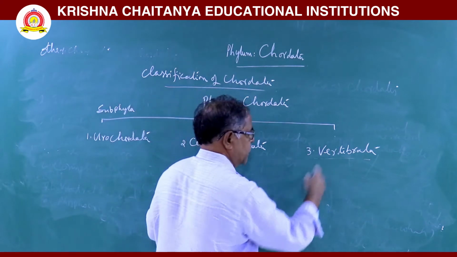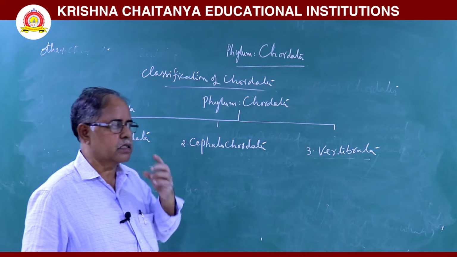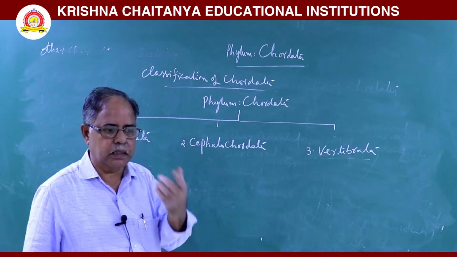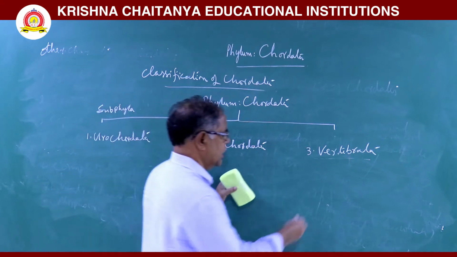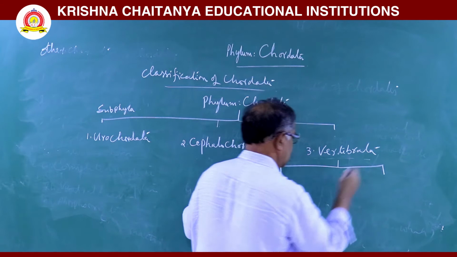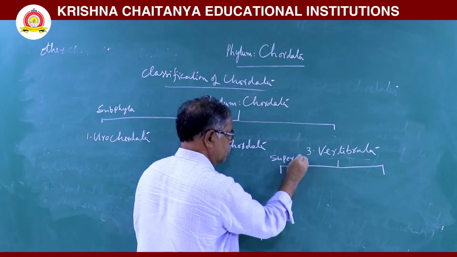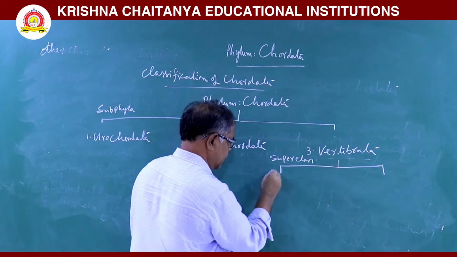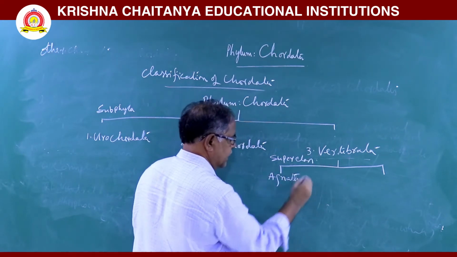Next, Vertebrata. In some vertebrates, the mouth is not surrounded by jaws. In some, the mouth is surrounded by jaws. By this character, the subphylum Vertebrata is further classified into 2 superclasses. One is Agnatha. Second one is